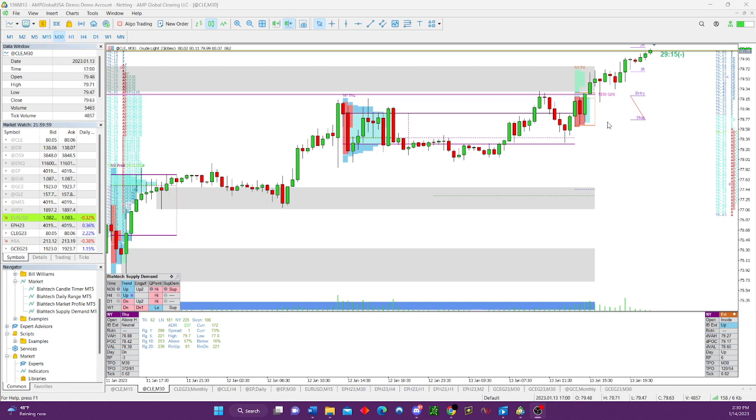Now, for this trade, I was looking for a sustained auction long, meaning I just wanted to see price continue to make higher highs after breaking this initial balance range to the upside. And in hindsight, that's exactly what we got. I did take the trade long. I will just show you guys that